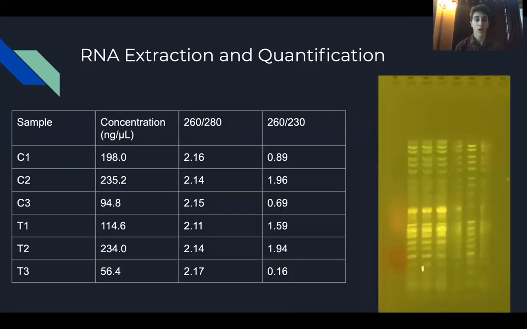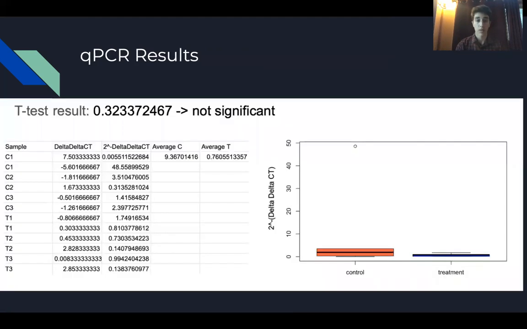RNA was extracted and quantified. As you can see, it was successful this time, but on the gel, ladder was loaded into every well, so that wasn't entirely successful. And finally, for the qPCR results, there was no significant difference between the control and treatment plants, indicating that salicylic acid did not have an effect on expression,